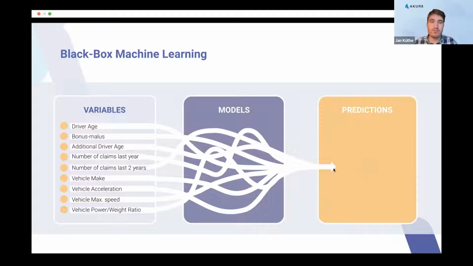However, the problem is, and of course specifically when you need to demonstrate to the regulator where those predictions come from. So maybe if client A is predicted to have a future claims cost of $200 US, whereas customer B is predicted to have only $150 of future claims cost, you can't really say where the difference comes from.